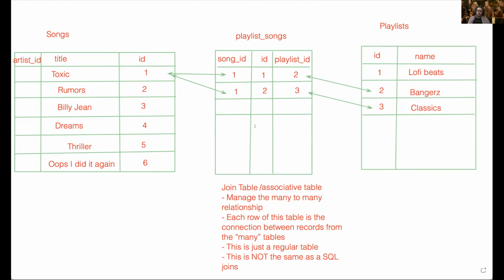Yeah. Jordan. So I was wondering, a song cannot have many songs, and an artist cannot have many artists. But could I compile a playlist of many playlists? Would I use playlist songs to put that in, or would I have to make another table to do something like that? So you're saying